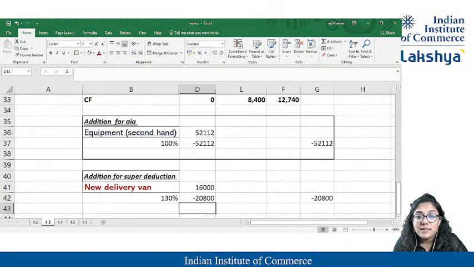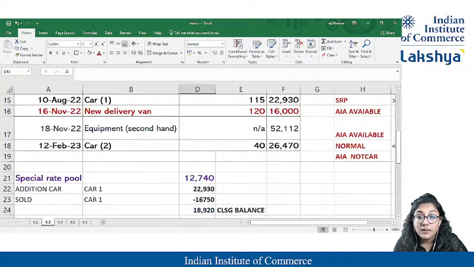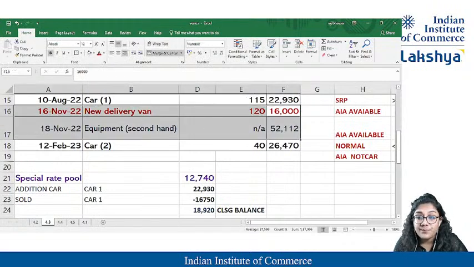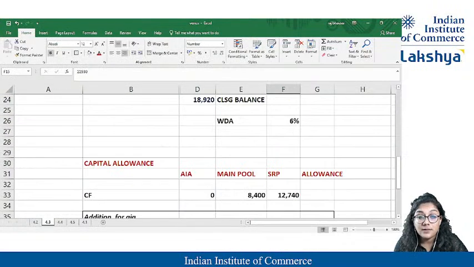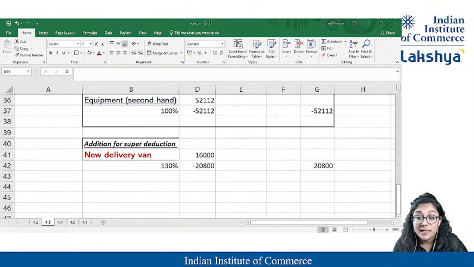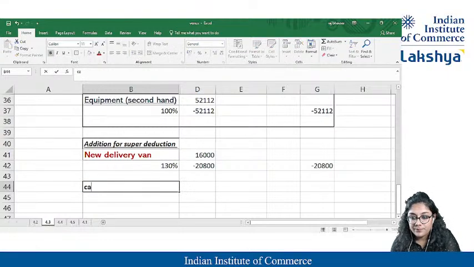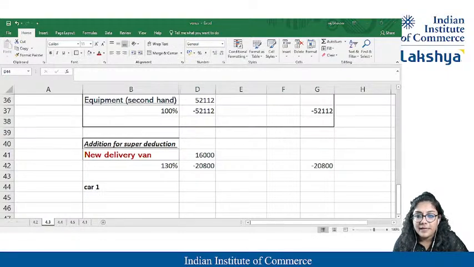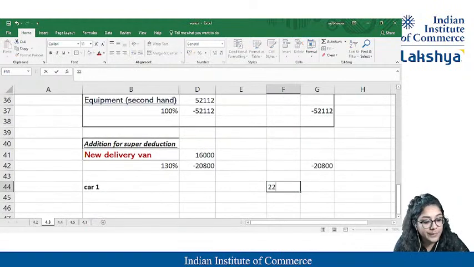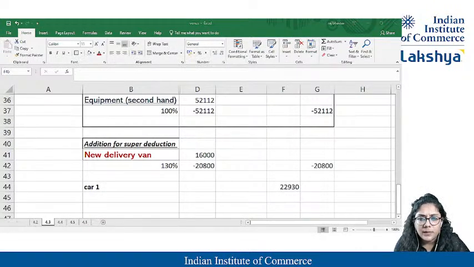Am I getting anything else? Yeah, ma'am. Over here now 2 cars are pending. Over here we did both these things. And carbon of 22,930. So let's book for carbon also. Okay, if I'm writing it over here, ma'am, carbon, what is the value over here? Ma'am, I have purchased the carbon at a special rate. Okay, normal rate. It is 22,930 you have purchased. Okay, is it a special rate? Yeah. 22,930.